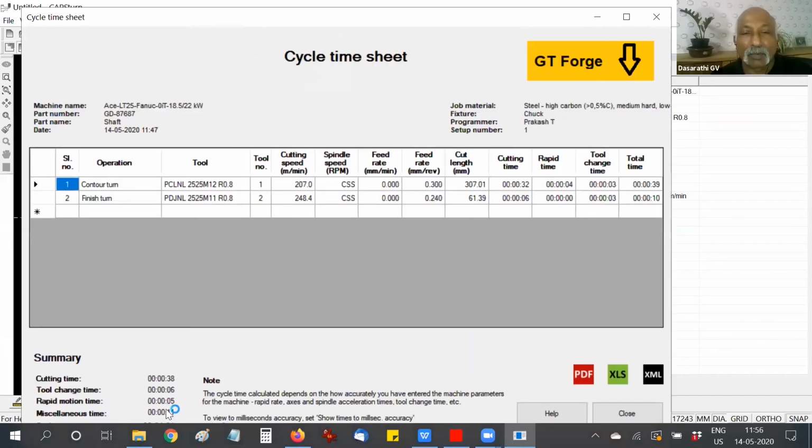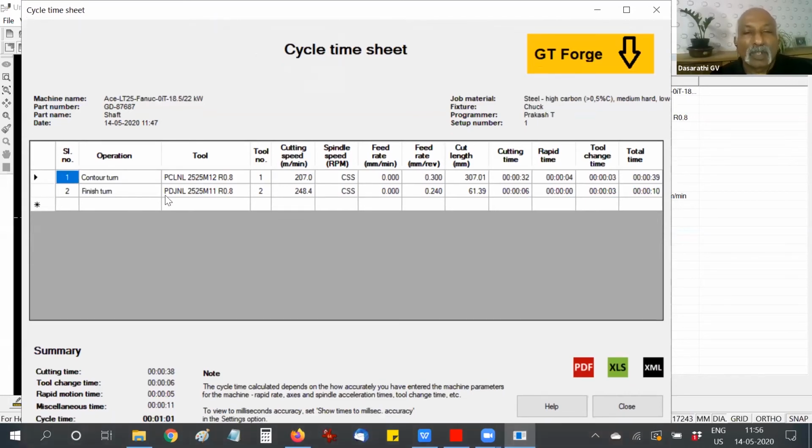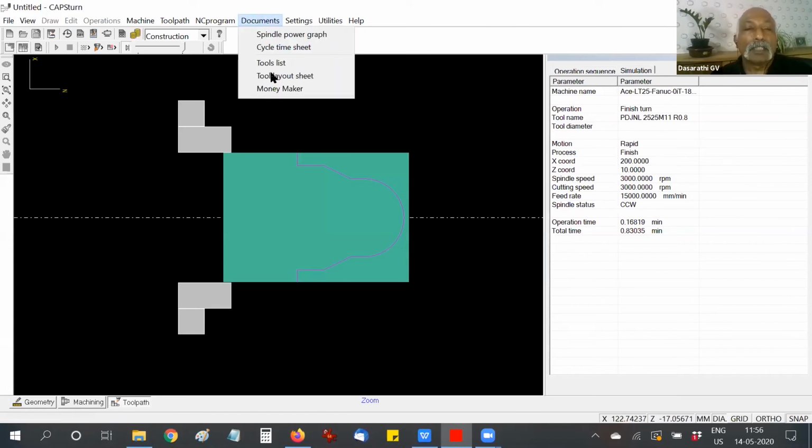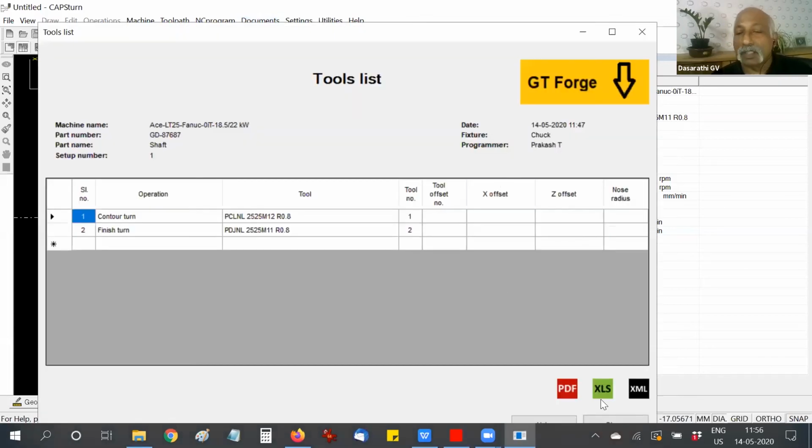Instead of 1 minute, whatever, it would have shown it as 45 seconds. So it's showing you all the operation, cutting speed, feed rate, the time, all this. You can print this out, give it to your operator immediately, or save it as a PDF in your computer. Then you can print a tools list, give it to the operator, or save it away for future reference.